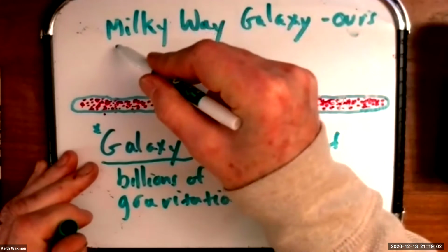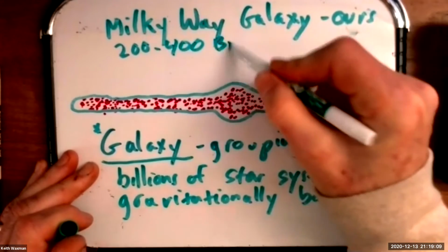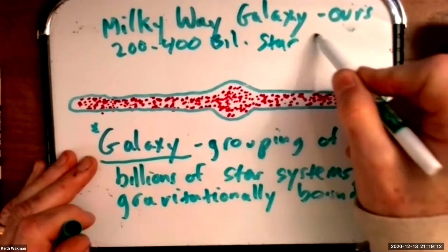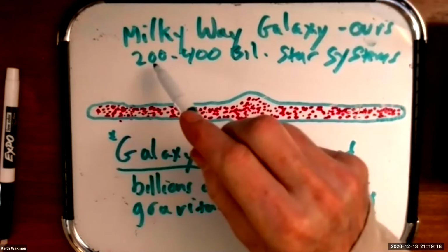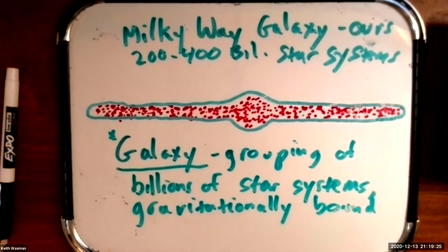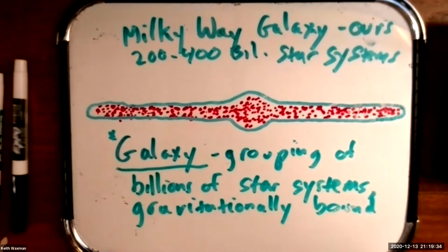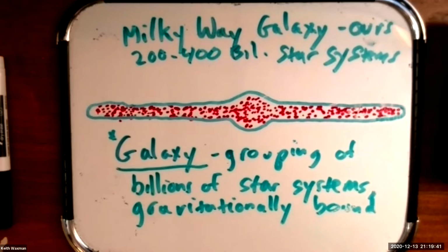And in the Milky Way, there are anywhere from 200 to 400 billion star systems. That means 200 billion, not the number 200, to 400 billion. That's a big range. It's not just 200 stars. It's 200 billion to 400 billion. I'm sure you kind of knew that, but just to be clear, galaxies are crazy in size, and they're groupings of star systems. And if you wanted to count one per second for the Milky Way, it would take